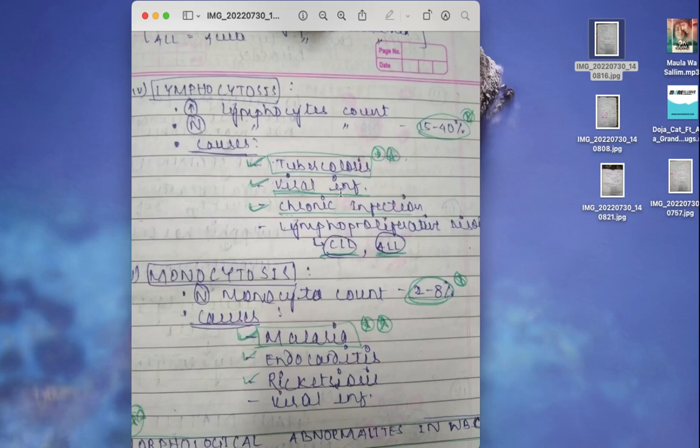Viral infection. In neutrophilia we have read the bacterial infections, and in eosinophilia we have read the parasitic or helminthic infections. The final one is lymphoproliferative disorders like CLL, that is chronic lymphoid leukemia, or ALL, acute lymphoid leukemia. Again, wherever you hear the word chronic, remember it is for lymphocytes and acute for neutrophils. Just a little difference here. For ALL, acute lymphoid leukemia, the name itself suggests it's lymphoid. So lymphoid, it's definitely going to be